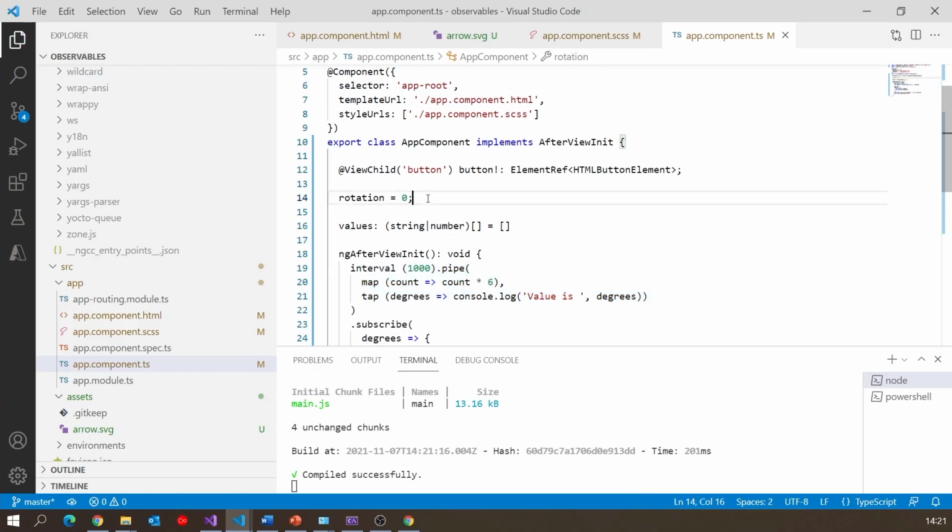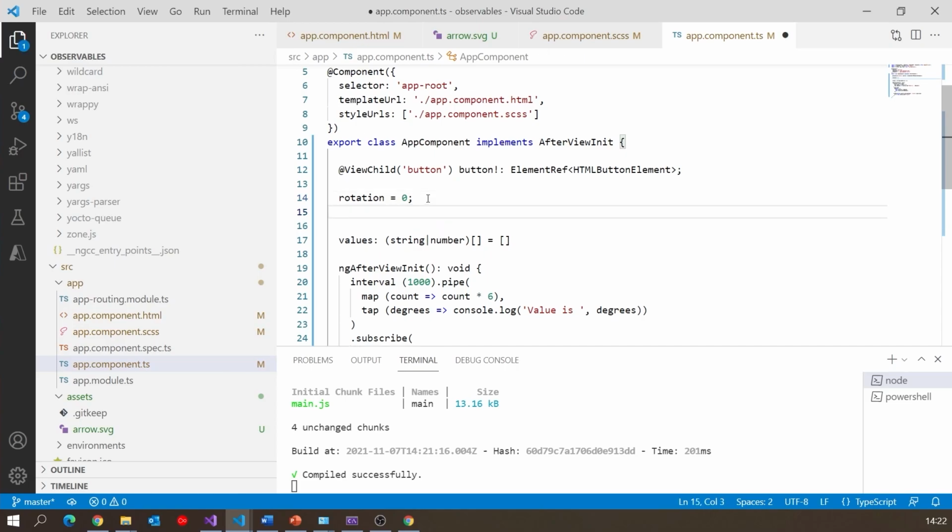So it'll be accessible in the template. So I'm going to call this interval, but I'm going to follow that with a $. Now this is purely a naming convention, so you don't have to use it, but quite a lot of people like to do this so that simply by looking at the code we know that that variable contains an observable, and therefore we can't just access the data in a completely straightforward way.